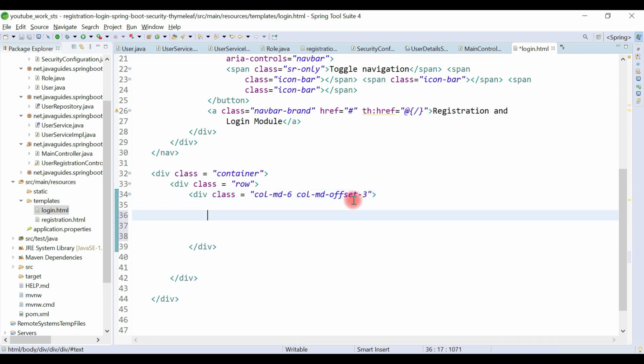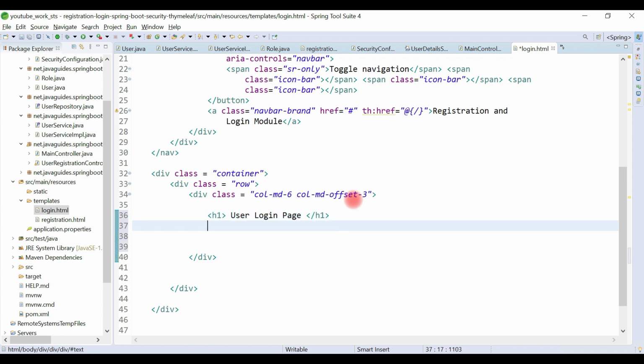Okay, now inside this div I am going to create an h1 tag, and let's say login. I am going to call it user login page, something like this. Okay, and here we create a form, and here we are going to use Thymeleaf attributes.